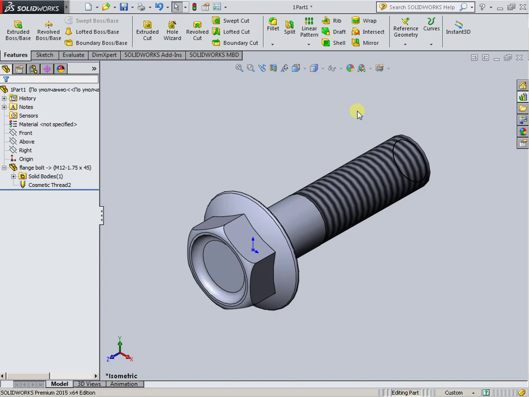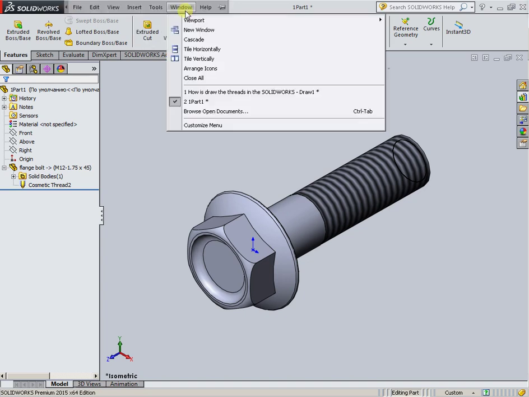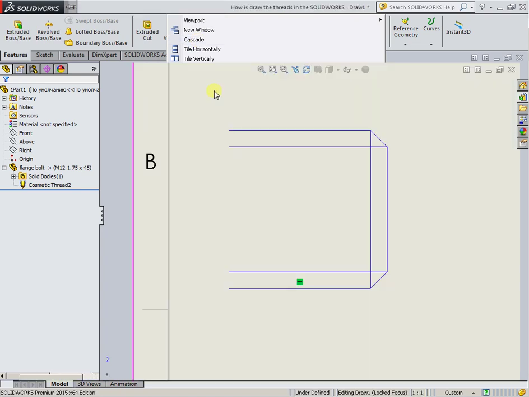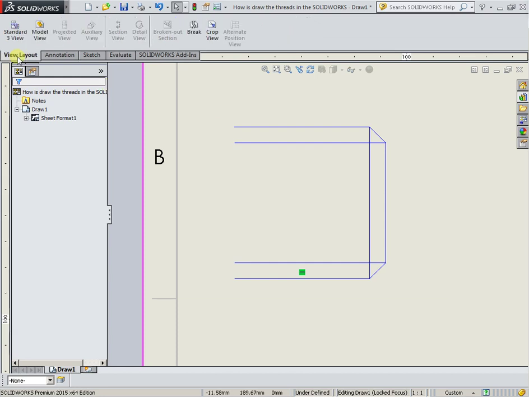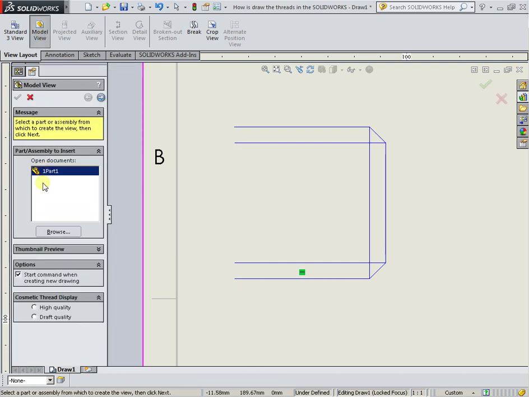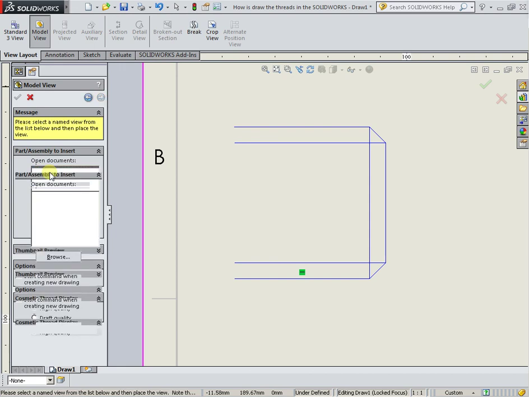Turn to the part document window. On the layout tab of the form, activate the command model view and select part or assembly, double click left mouse button,